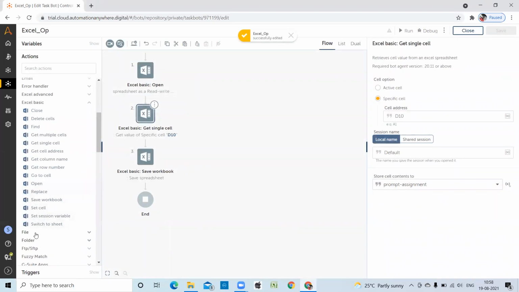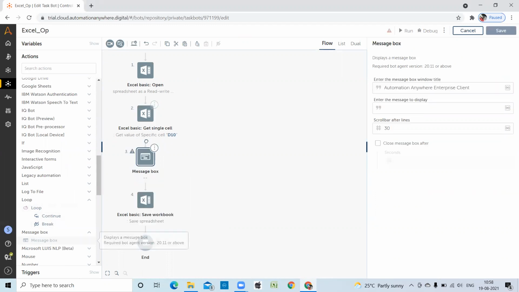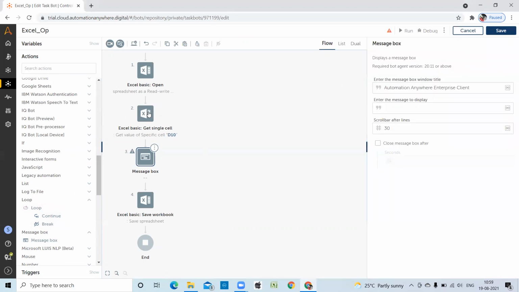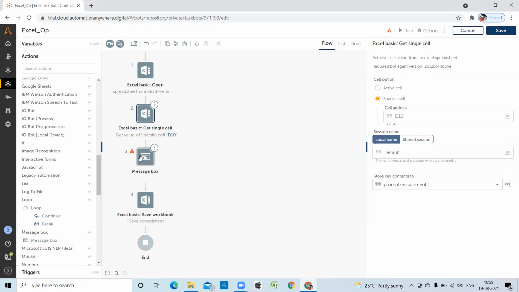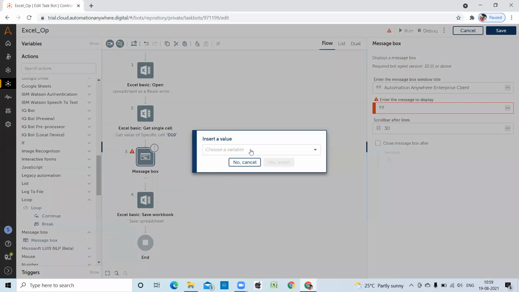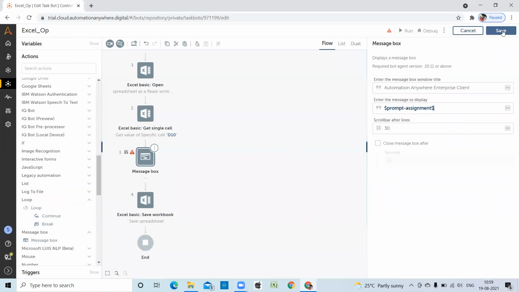So how to display the data, right? Go to the message box. From the segment function, select the cell. Save.